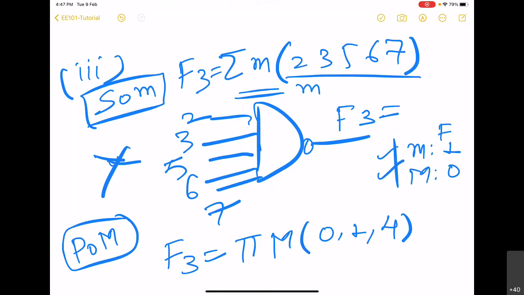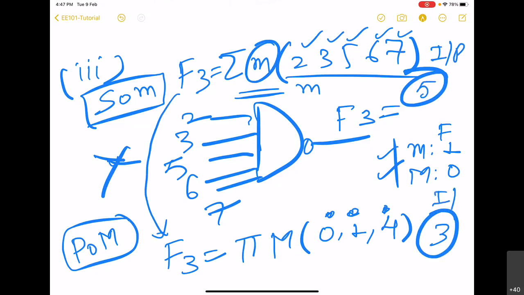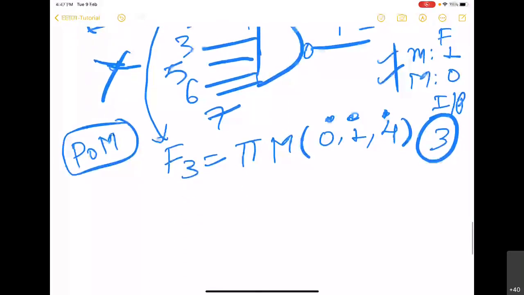So whenever we find that there are more terms in the min term representation of a function, we switch over to max terms, because then there will be fewer terms in the max term representation. So here we have a total of 5 terms, but if you go for the max term, you see that you have only 3 terms. That means here a 5 input gate is required, here a 3 input gate is required, and the nature of the gate also might get modified.